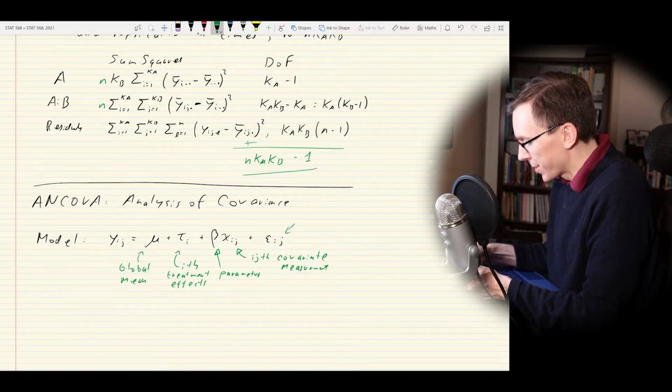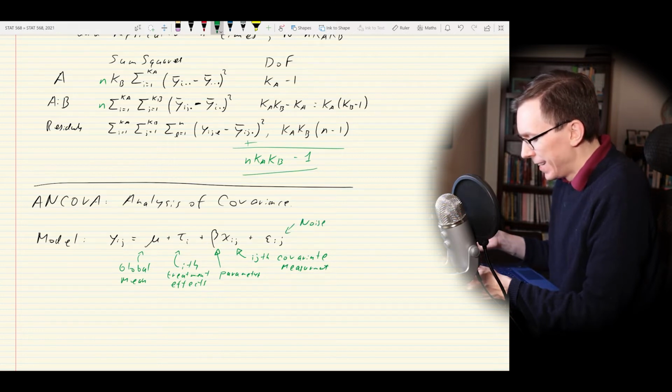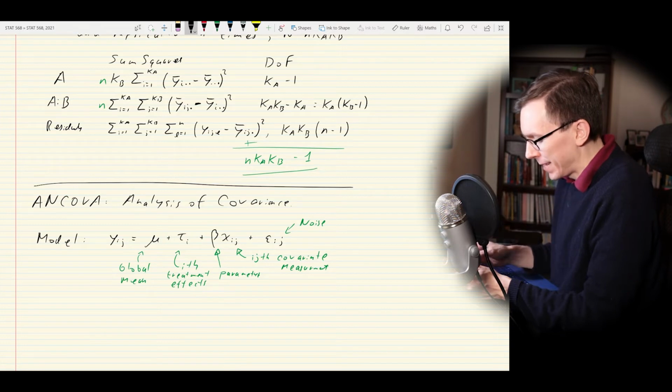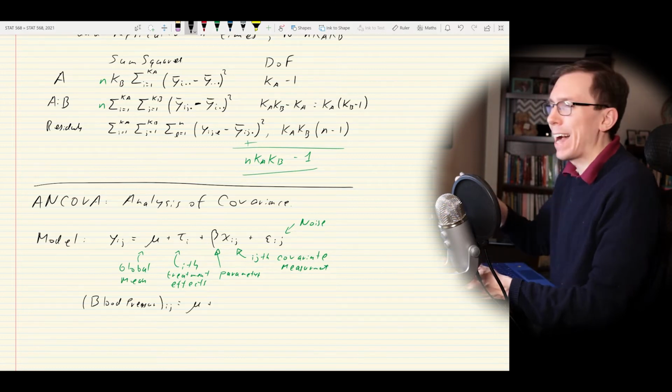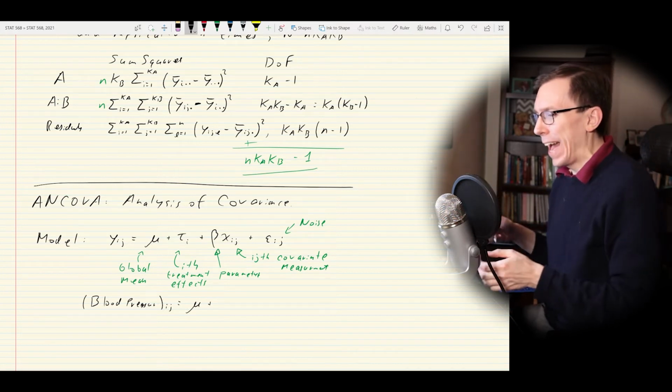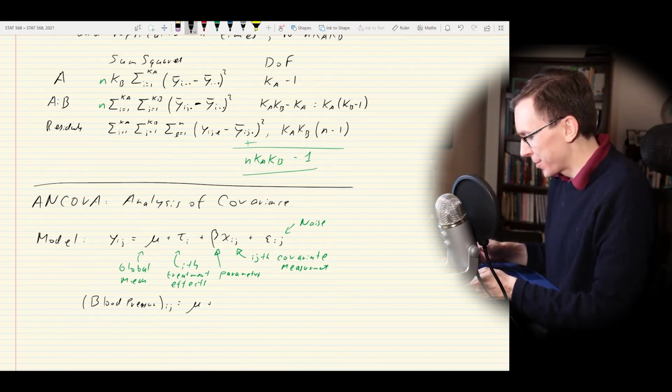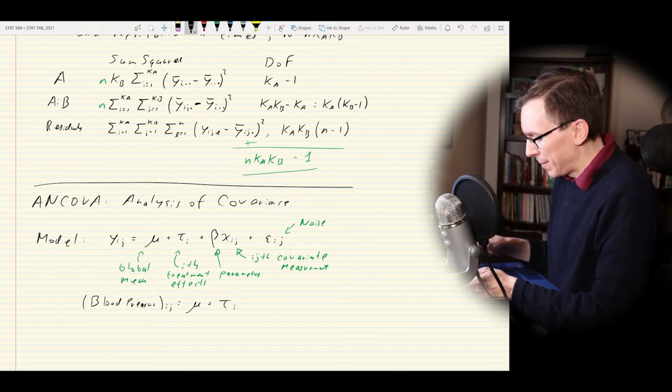And then, of course, this is just noise, as always. So going back to my hypothetical example, what we might have is Y being someone's blood pressure. In that case, it would be a function of whatever the global average is, some average of what a human's blood pressure should be, tau I, which would be, maybe I won't write tau I. What I'll say is we'll say